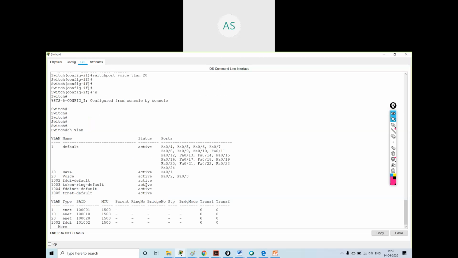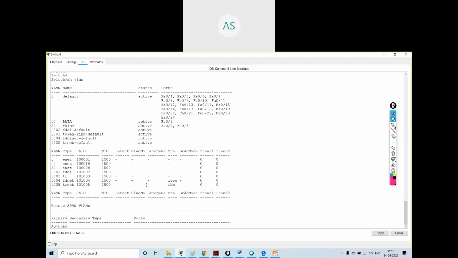Show VLAN. It does not make any difference. The thing is over here that this port should carry the data VLAN traffic. So it should be visible over here also, because it is carrying the data VLAN traffic also.